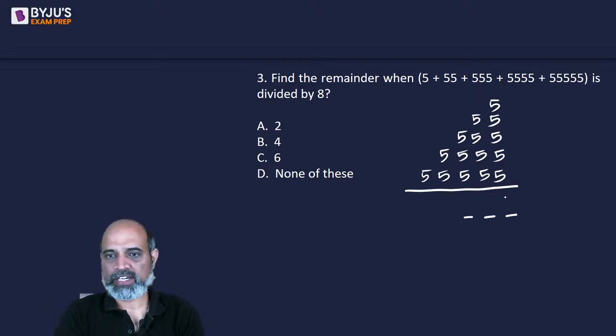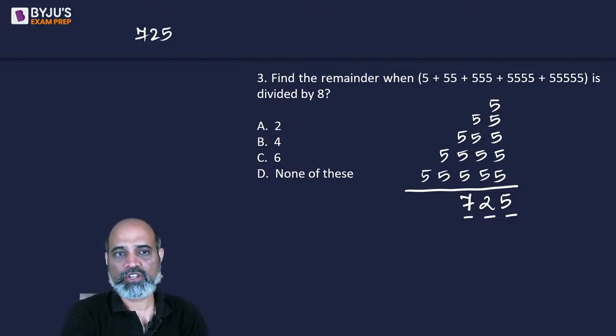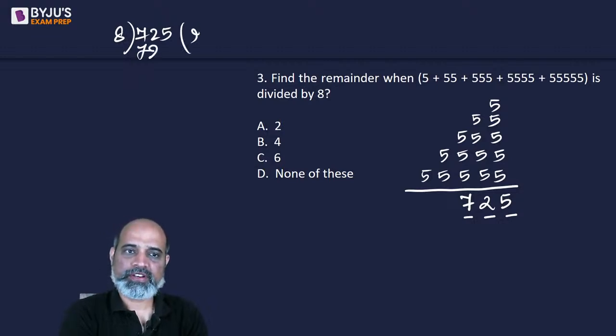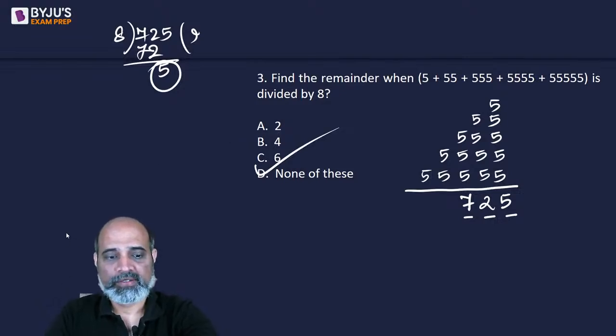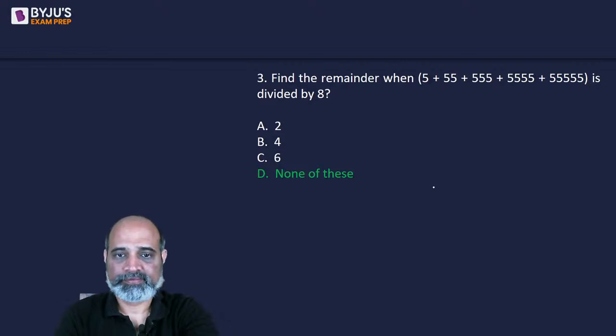So 5 times 5 is 25, carry is 2. So this is 20 plus 2, 22. Again carries 2, 15 plus 2, 7. So 725 when divided by 8, what is the remainder? So I will solve it straightforward, right? So 8 into 9 is 72, and then we will have 5 as the remainder. So 5 is the remainder, means the answer is going to be none of these, right? It will be 5 because